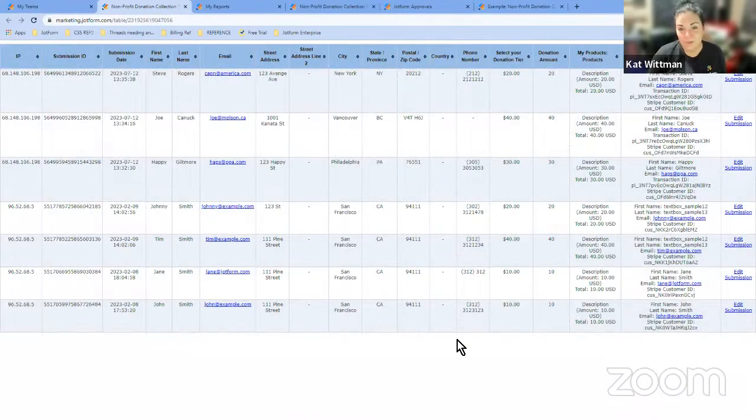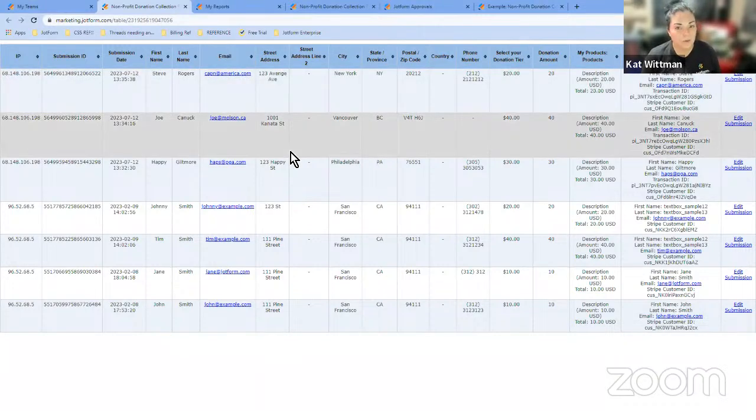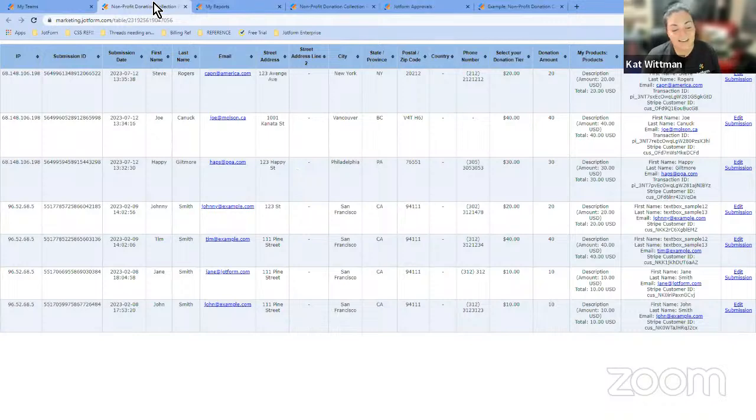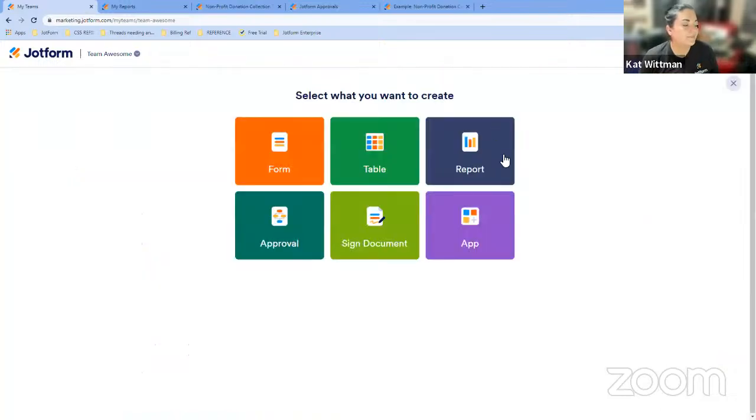Again, if you're familiar with Jotform tables, you'll notice that it does stay in that table format, but this is a really great way to share this report publicly without having to share that access into your Jotform table. All right, let's head back and let's click Create, Report,